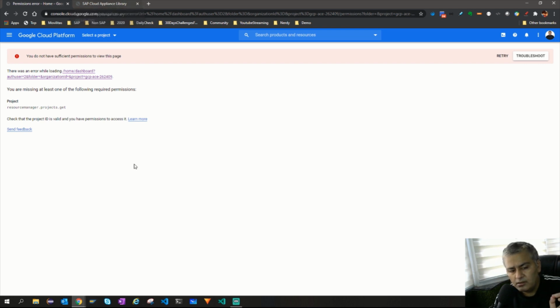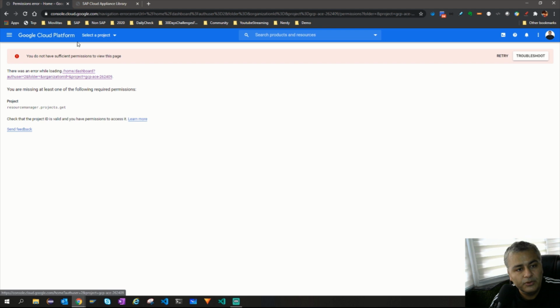Okay, makes sense. And you will also be able to access it via Eclipse. We will set up the Eclipse also. Okay, so maybe first we'll start with our Google Cloud setup. Once that is done, then we will set up our Cloud Appliance Library. Once that is done, then we will set up our license and then Eclipse, and then we are ready.